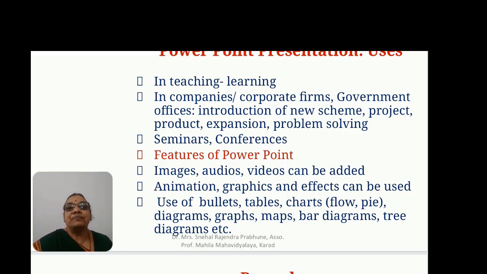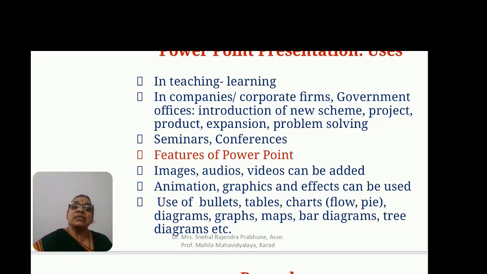For example, if a person or an authority is faced with a problem and he has been asked to study and make a presentation regarding the resolution of the problem, then he prepares a PowerPoint presentation explaining the different aspects of the problem, the possible solutions, and so a PowerPoint presentation can be used as a tool in problem solving